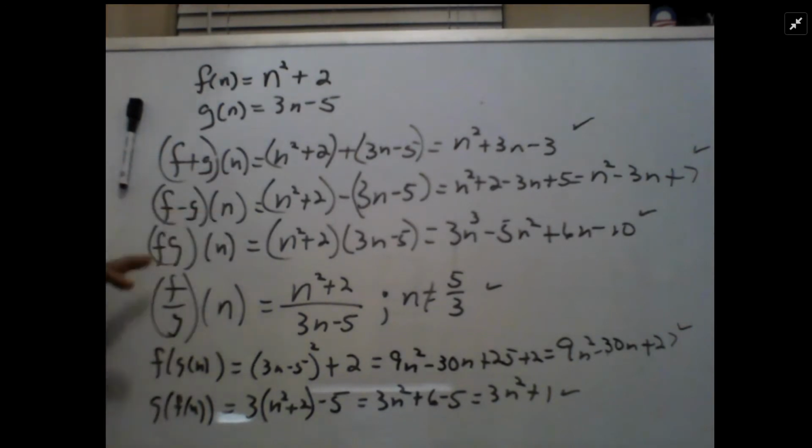multiply f times g of n, divide by g of n, compose the function f with the g, f of g of n, and compose the g with the f, g of f of